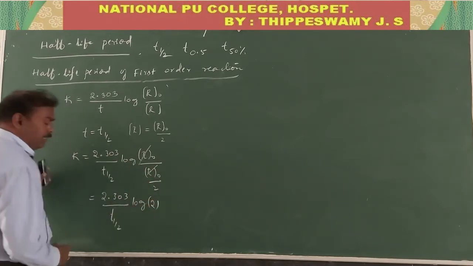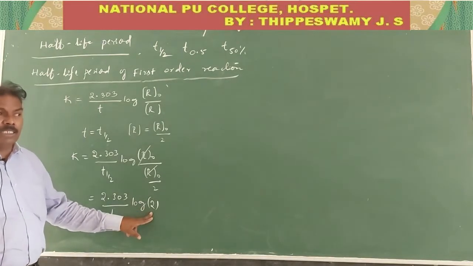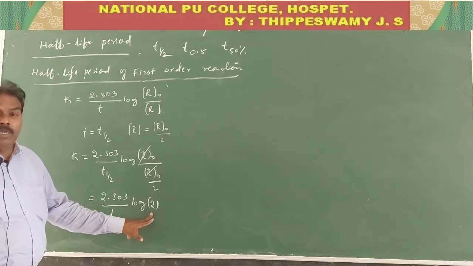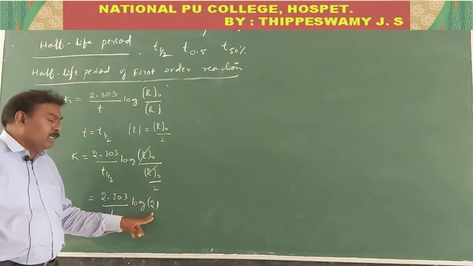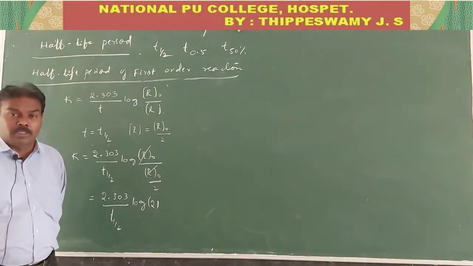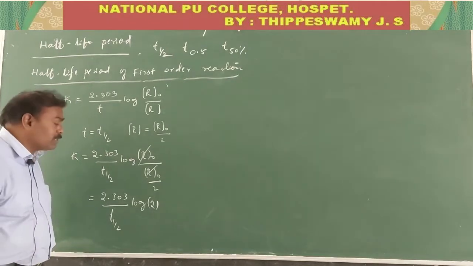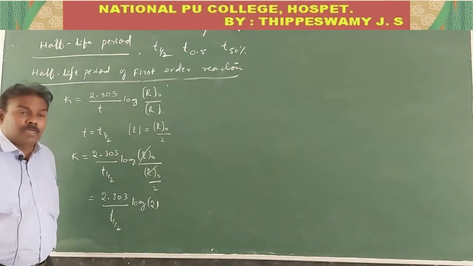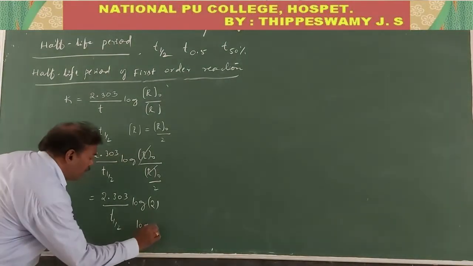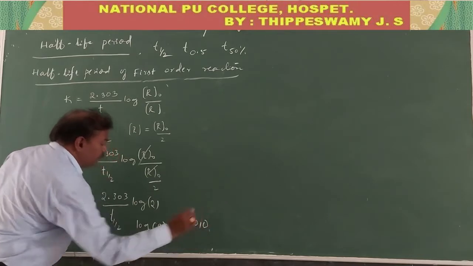Log 2 only. Yes, you have to remember the values of logarithms, that is log 1, log 2, log 3, log 4, log 5 values you have to remember. It is easy to simplify some of the numericals, particularly in the competitive examinations. Sometimes these values are very important. Remember these values, log 1 to log 5 are very important. Now you tell me what is the value of log 2? The value of log 2 is 0.3010. We should know that.